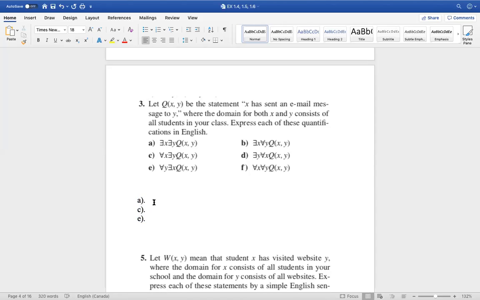Okay, so let's do the first one here, part A. We have the domain that is all students in your class. This Q(x, y) represents that x has sent an email message to y. So there exists, or I can say there is some student, because it won't make sense to say there exists. There is some student in your class, just specifying the domain. Student in your class is the domain, and there is some is coming from the first existential quantifier. There is some student in your class